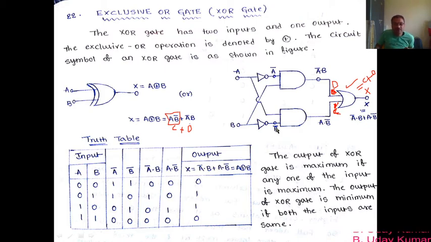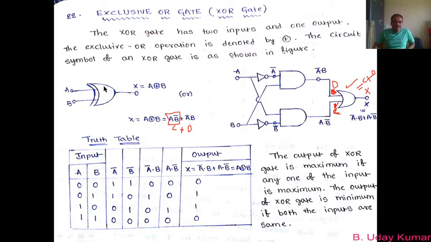So how do we get B bar? To get B bar there must be a NOT gate right before it. So just draw a NOT gate here, and that means if the input of this NOT gate is B, its output becomes B bar. Similarly, come to this position. Here the input of the AND gate is A bar. So how do I get A bar? You have to apply a NOT gate to A, right? So if I apply A to this NOT gate, you get A bar. So this is what you have to understand.